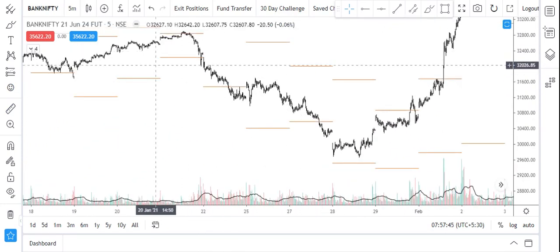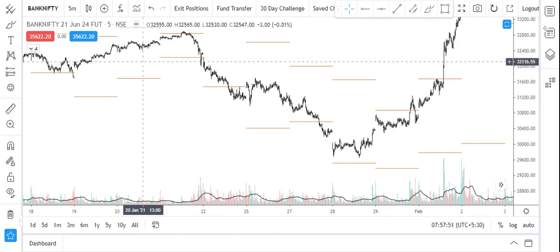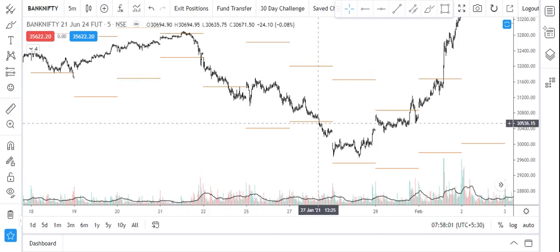So that's the whole concept, guys. This is just an educational video idea to tell you how to look at the markets by simply plotting one indicator. You can make a great lot of assumptions and test out your ideas.